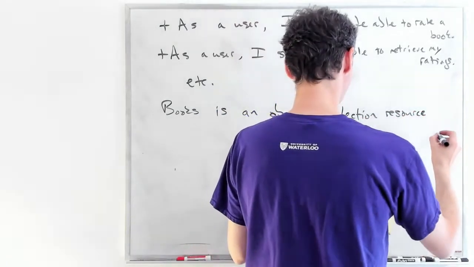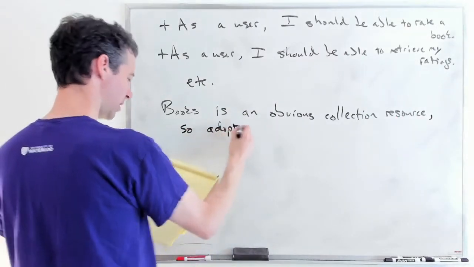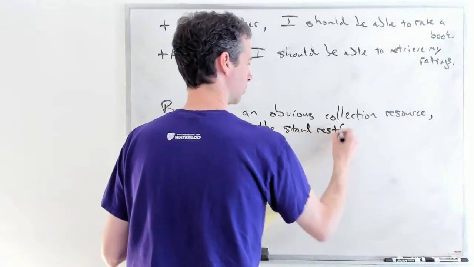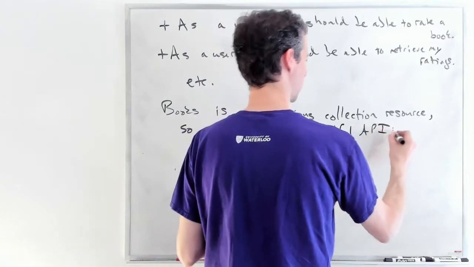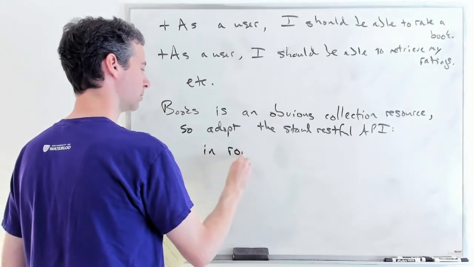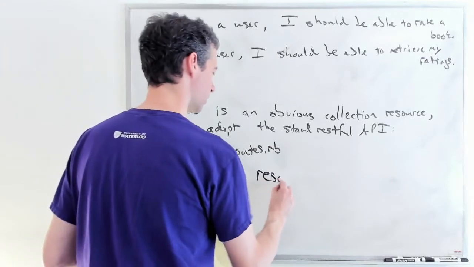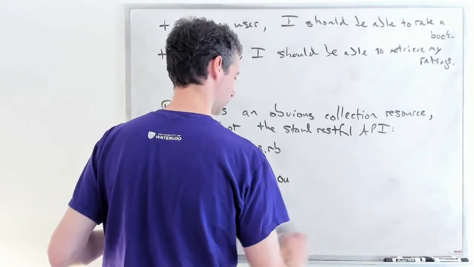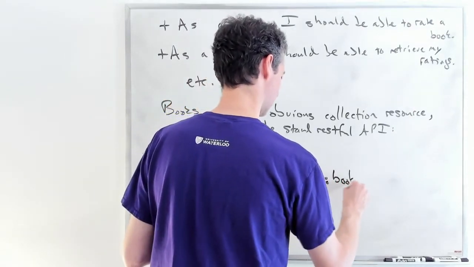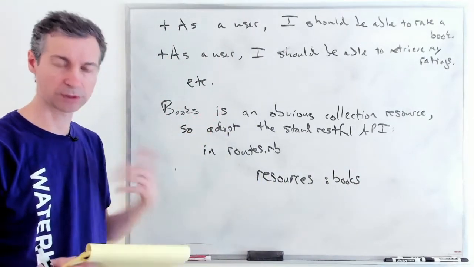All right. And so we should just simply adopt the standard RESTful API for such a thing. And we do that in Rails very simply. In routes.rb, we just go and we say resources books. And boom, as we've shown before, you'll get all these routes created, get /books,